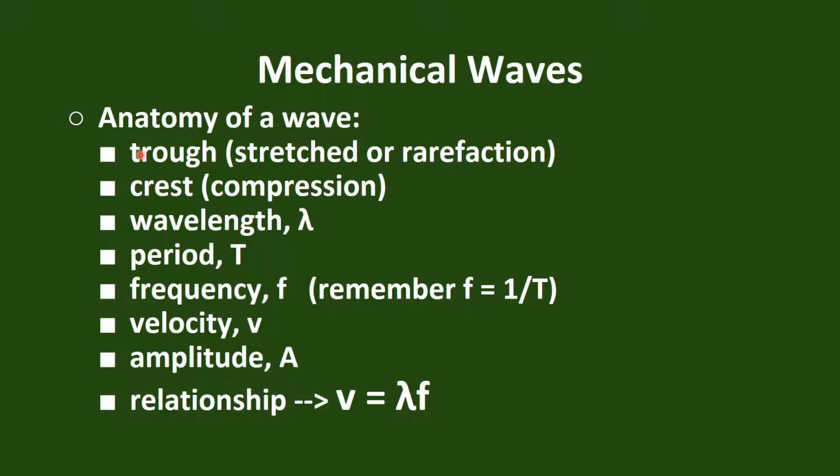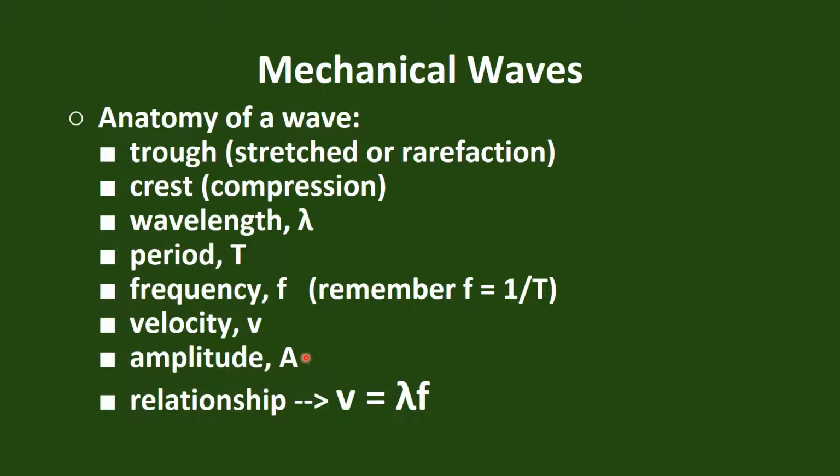As far as the terms up here, trough and crest and wavelength, I can define those for you, but I think it's easier to do that in conjunction with a graphic that shows you what they look like. So I think it makes it a little easier to identify. And then we're going to go on and talk about a couple of other aspects here. We're going to be able to calculate the velocity of the wave, not the velocity of the particles in the wave, but the velocity of that disturbance that we've been talking about. And finally, a term called amplitude, that again is another term that I think is easier to explain by showing